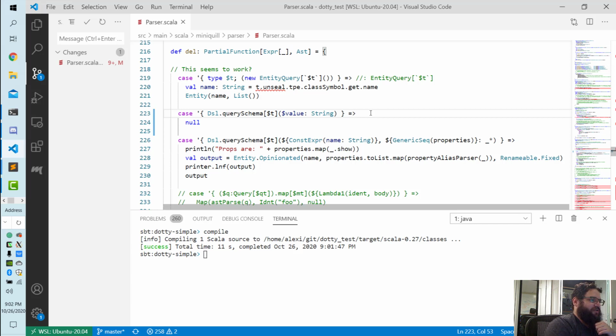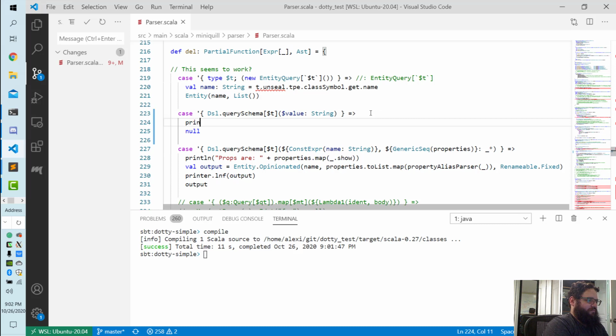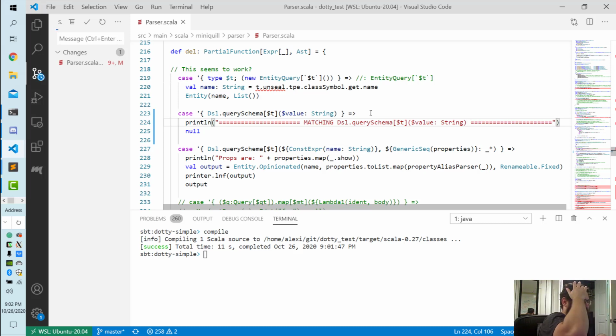What you typically want to do is lots of print statements. Matching this. If you do that, then there's this thing in here called